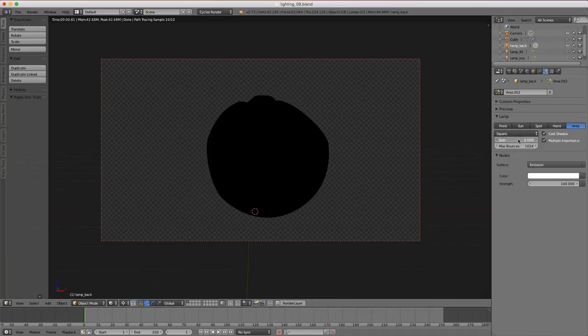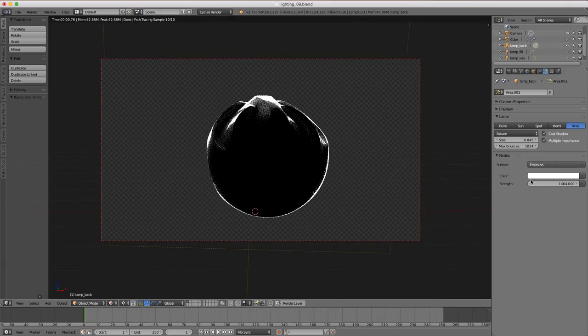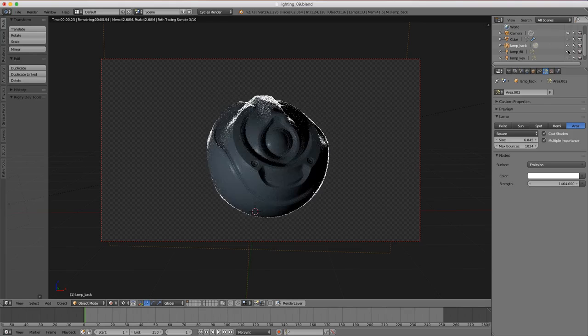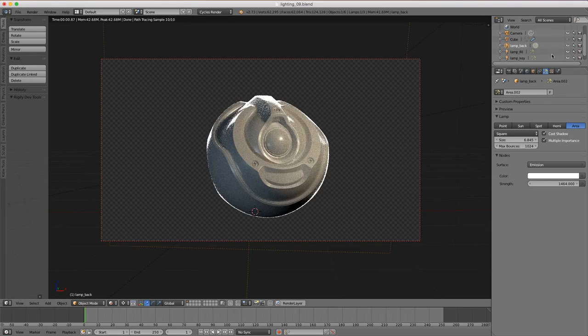However, if I increase the size, you can see that just the very edges of our subject begin to light up. And so the larger that I make this, the fuller our rim becomes around the subject, but the intensity starts to die down. So let's increase that intensity because with a rim light, we want a very stark contrast to separate it from the background. And now if we re-enable the fill and the key light, we still have that well-rounded three-point light setup, but with this kind of rim lighting contrast, we've left very little room for the subject to blend in with the